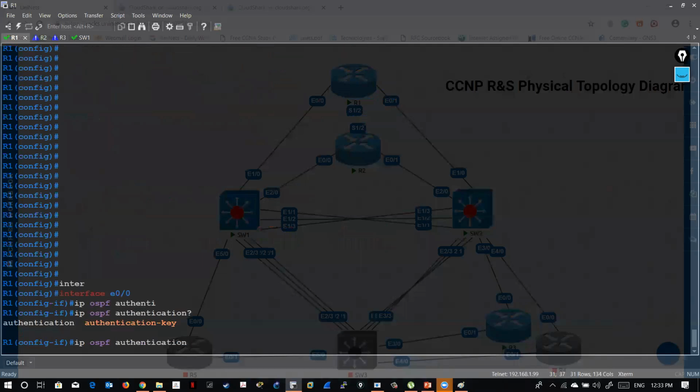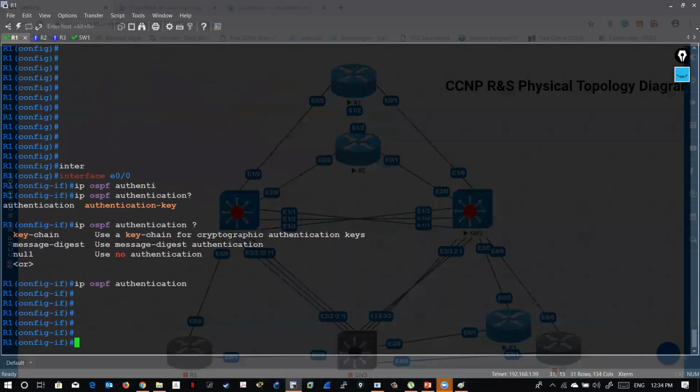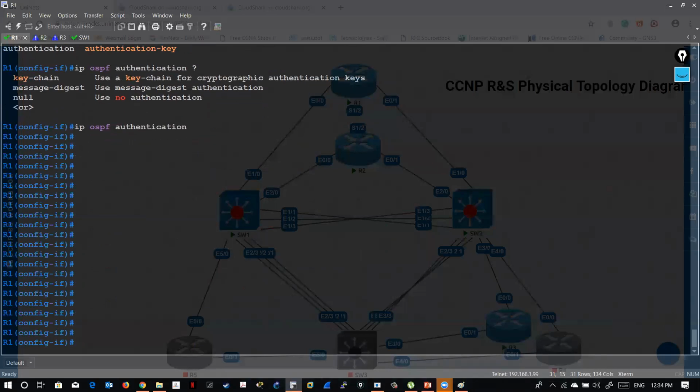Authentication can be message digest or null. First I'm using the plain text authentication, which will be enabled here. And remember,